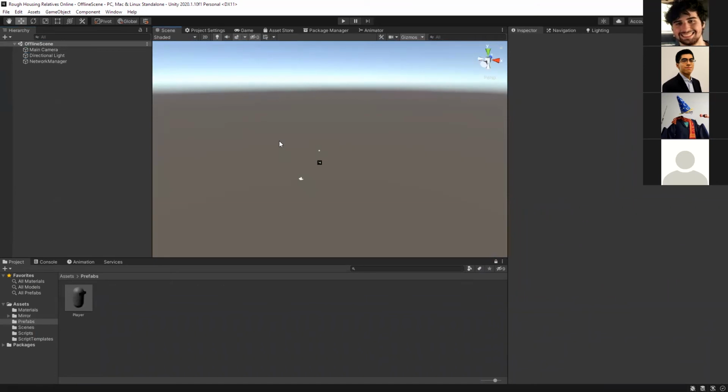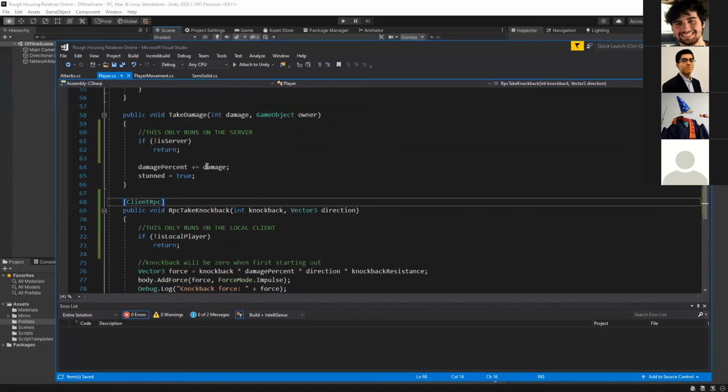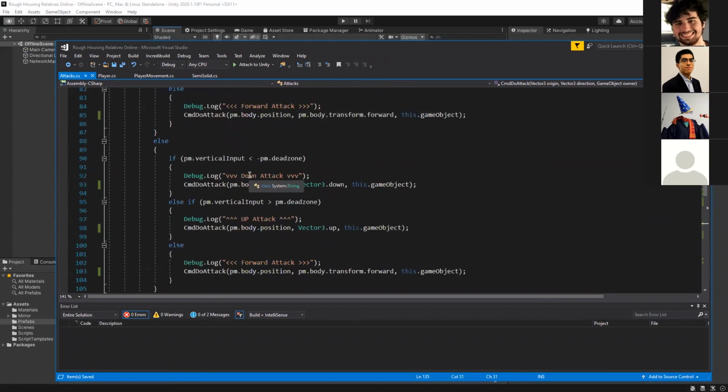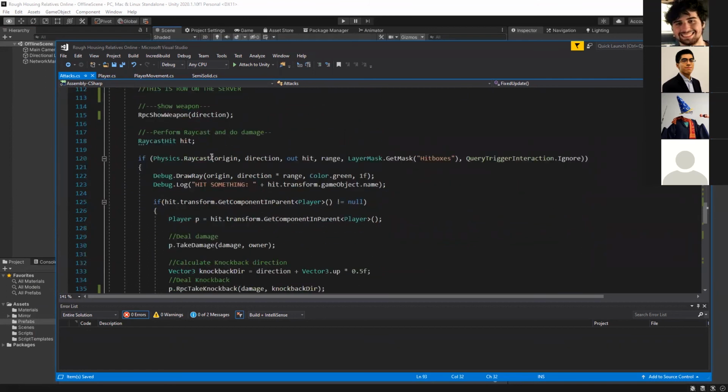I can explain that. So the order of events that's happening here is I'm a local player. I tell the server I want to do an attack, which is what this is doing here. This is run on the server. So the server is going to do the raycast.